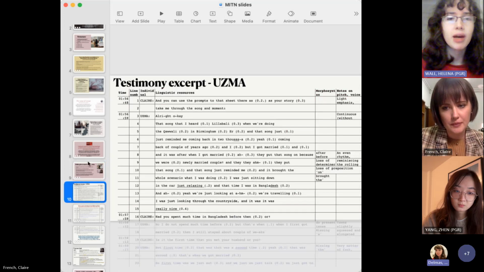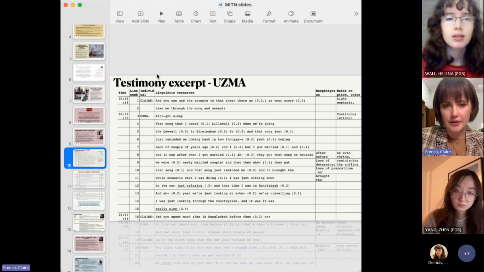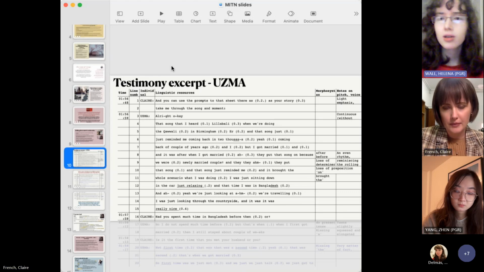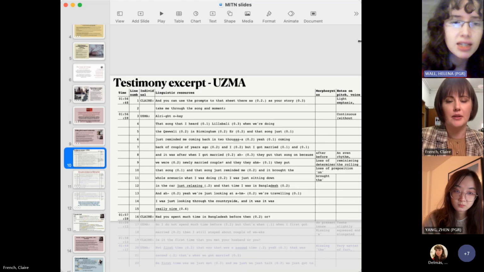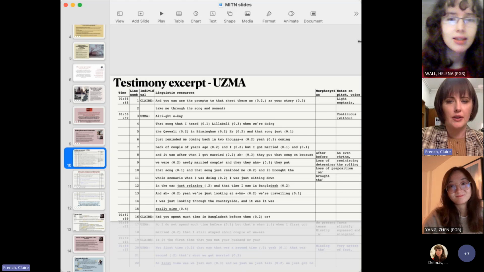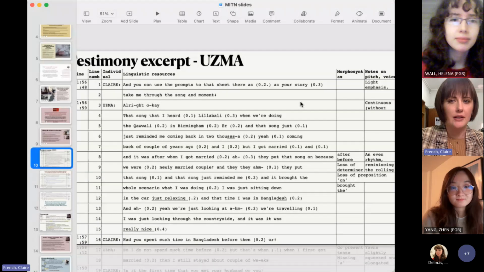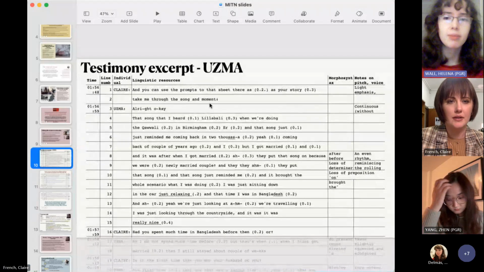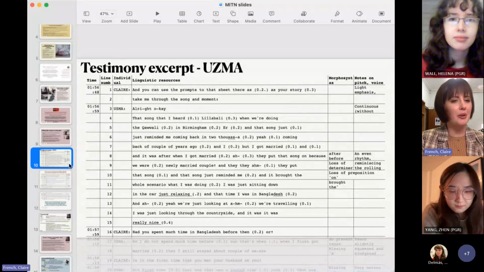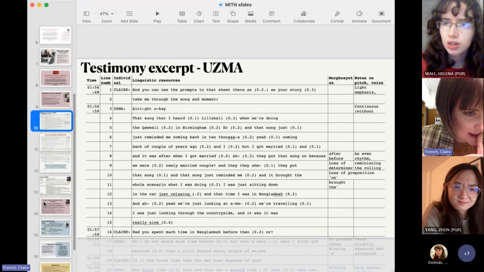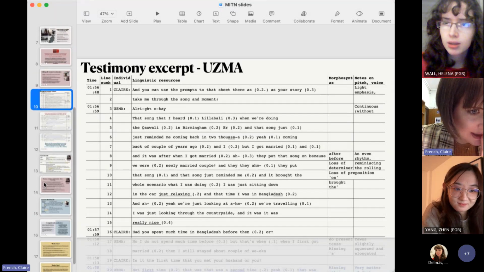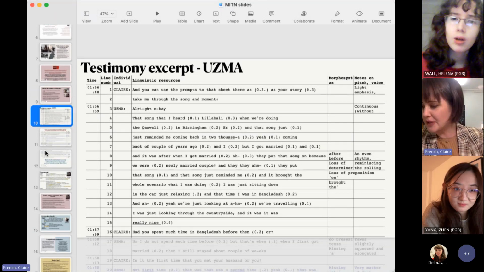You're moving about within the editor panel. Can you see the excerpt of Uzma? We can see Uzma's testimony excerpt, it's just a bit hard to read at this size. What about if I do it like that? Is that better? Oh yeah, that's better. Okay, we'll work with what we've got here. I'm just thinking about any animations that are going to make anything unreadable, but I think we're good from here on in.